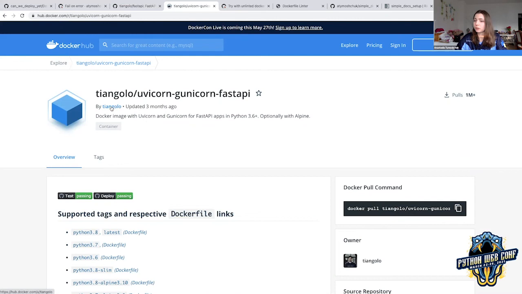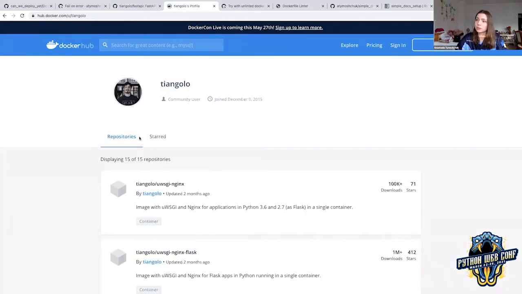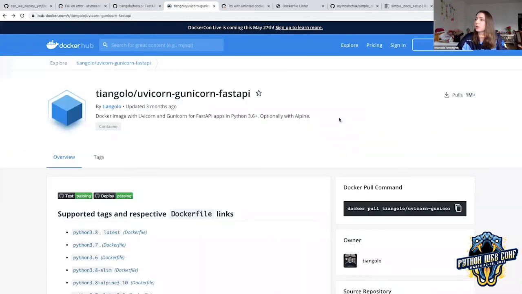You can see in here, it leads to the creator himself, and you can see that this is the same user. Also, you can check how many pulls there were. Here it's 1 million plus. That means that this image is well trusted. You can trust it, download it and use it in your Docker setup.